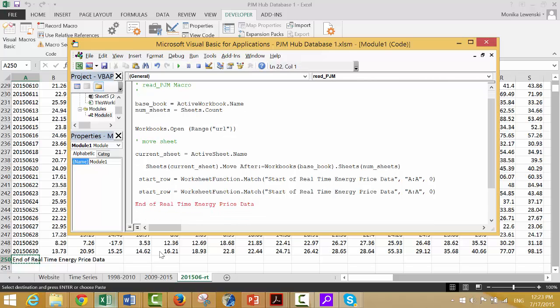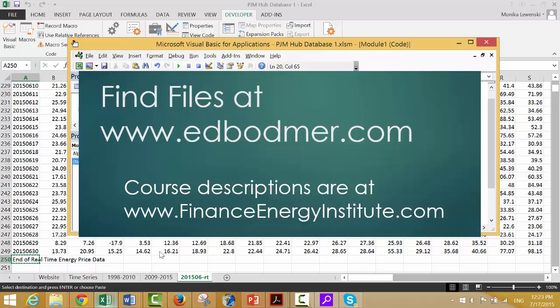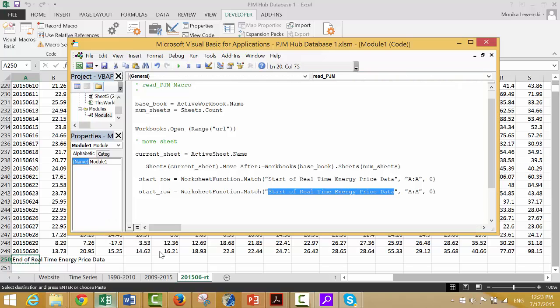I can't believe how bad at copy and pasting I am. Okay, so there's the end of the real-time pricing. Now,